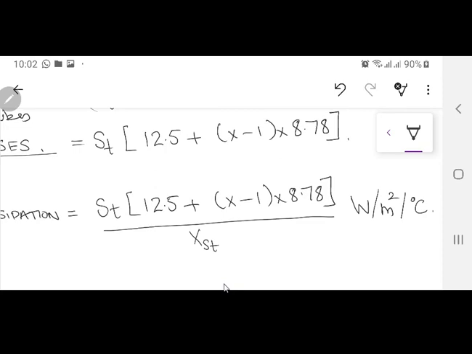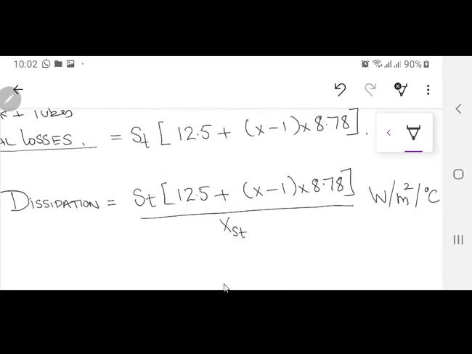Now this formula is going to be used over here. So the x of St is actually that temperature by which you are. So in this formula you just have to put the value of dissipation, you have to put the value of x of St, and you are good to go with the x. आपको यहाँ से x मिलेगा, x आपको जो मिलेगा, that value is going to tell you कि आपका ट्यूब्स का एरिया क्या है. अगर इस फार्मूले में पुट करने के बाद x की वैल्यू 1 से कम आती है, ठीक है, पॉसिबिलिटी इज देयर, दिस मीन्स कि ट्यूब्स की जरूरत नहीं है.